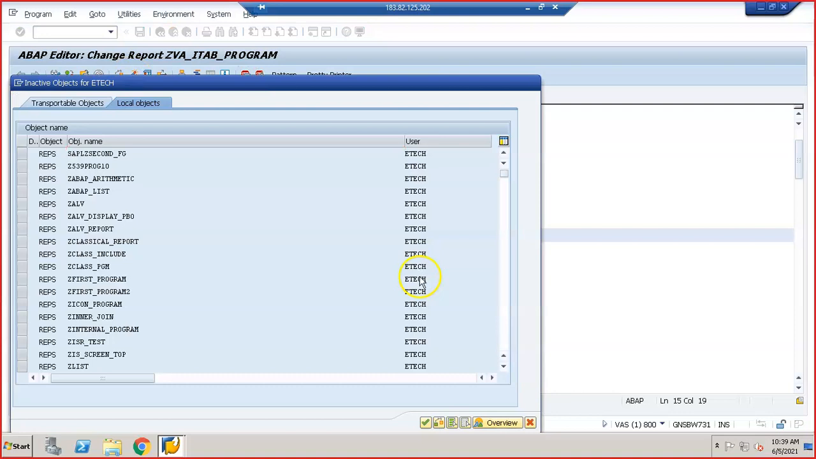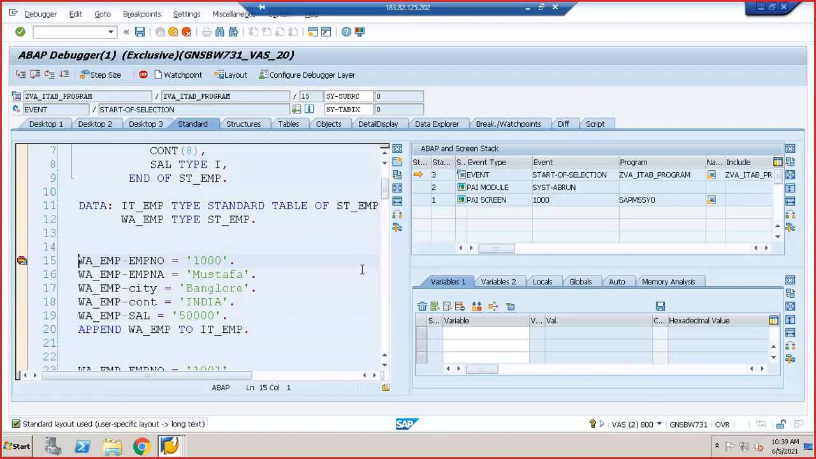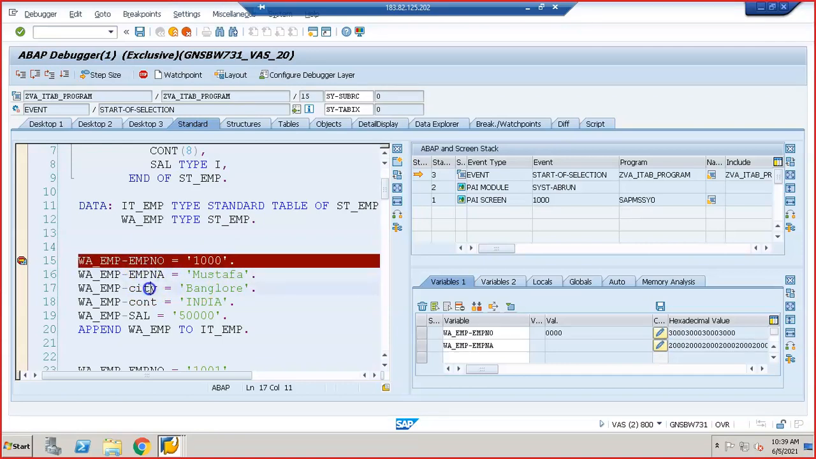The program needs to be active, only then we can set a breakpoint. I'm setting a breakpoint at line 15. Done. Execute. Now when you execute, it will not show you the direct output. Wherever you have set the breakpoint, it will come and stop there. And here, if you double click all the field names here,